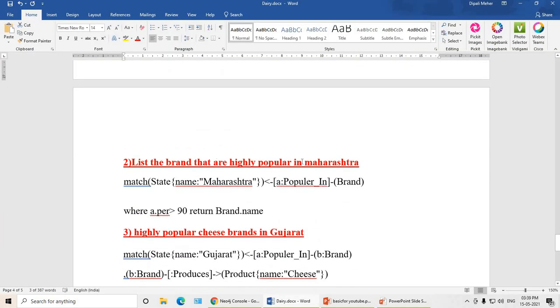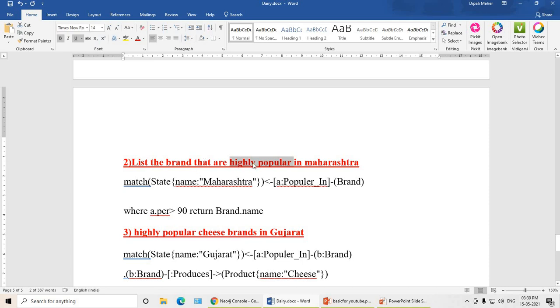Now the next query. List the brands that are highly popular in Maharashtra. So see here, the state name is given. So we have to match the state name. Now highly popular. How will you find out the popularity? You have given characteristics to the relationship in terms of percentage. So highly popular means it is greater than 90%.